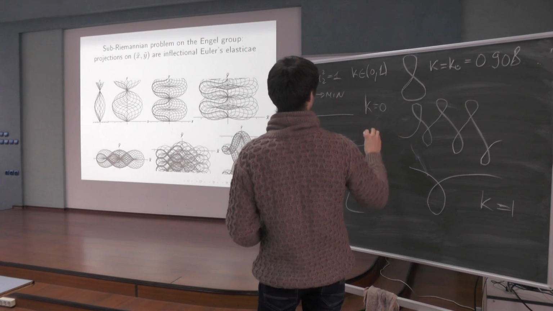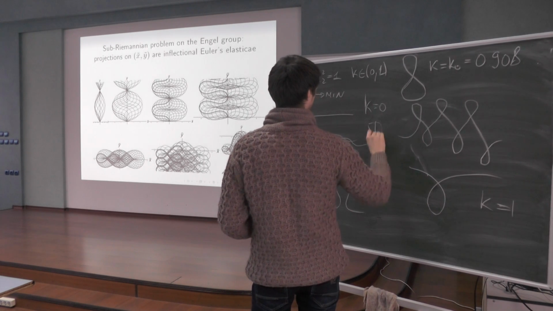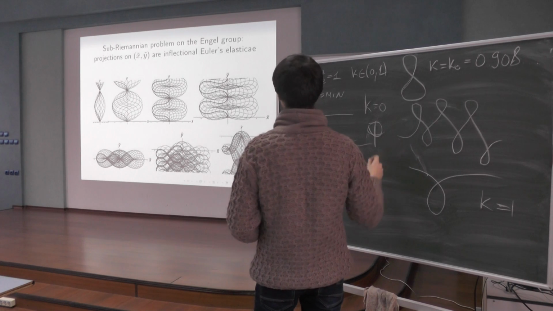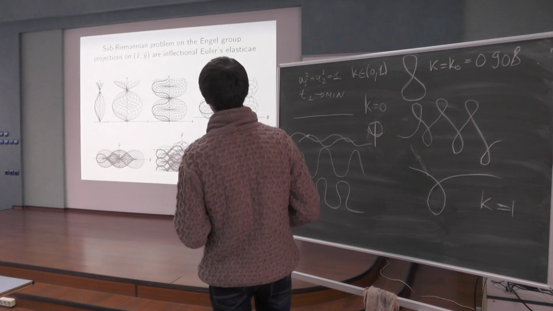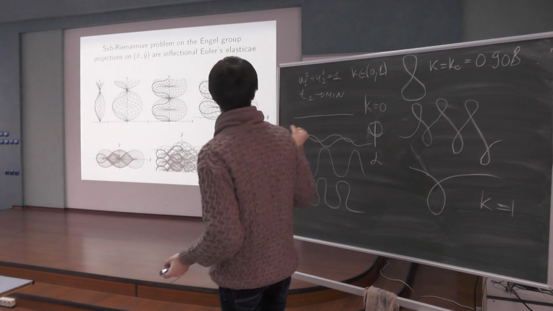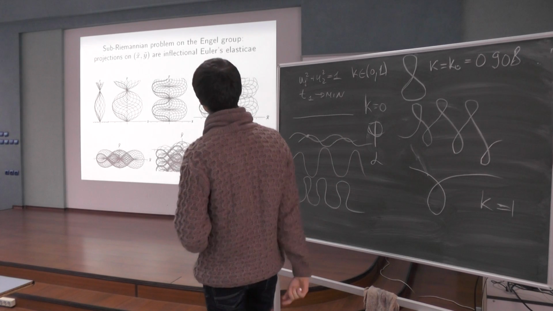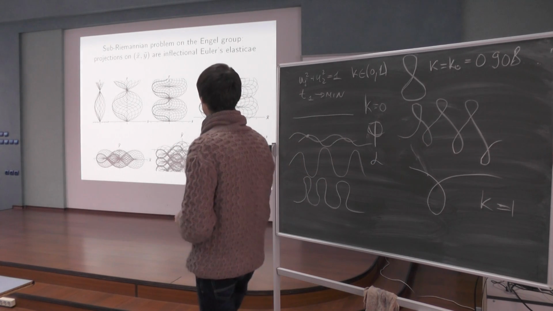So there is a phase parameter, and there is also a parameter alpha which stretches our elastica. So we have three parameters, and the parameter time t gives us 4 dimensions,